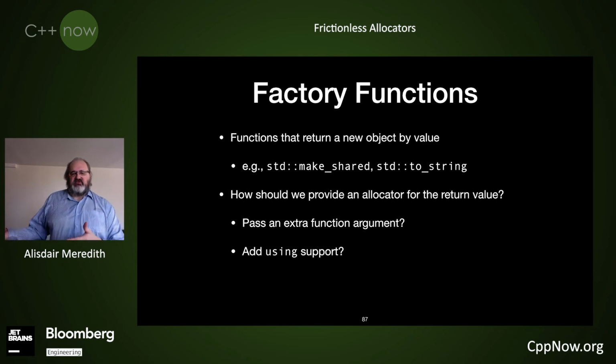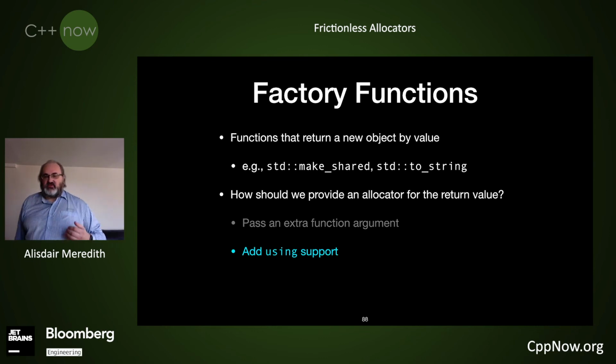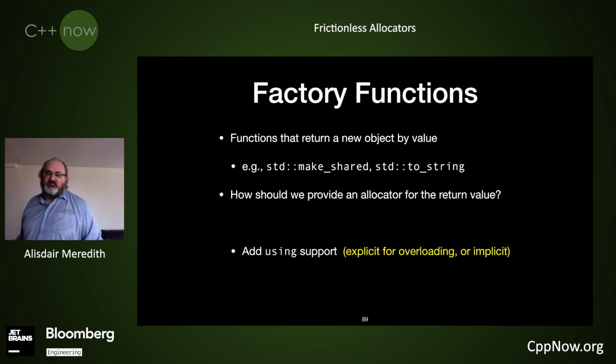Do we want to start passing the allocators as a regular function argument, so all these functions now have an additional argument? Or should we somehow find a way to add using support and note that some kinds of functions are special, they're factory functions, so I can add a using argument to those like I could to a constructor? Our notion is, clearly we want to go in the direction of using support. We've got a language facility. It's supposed to be our new common way to provide allocators to things. So that's where we should be looking.